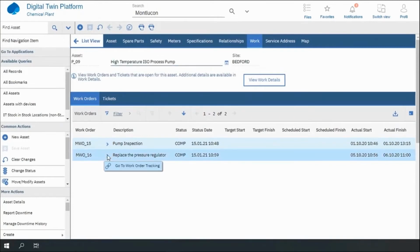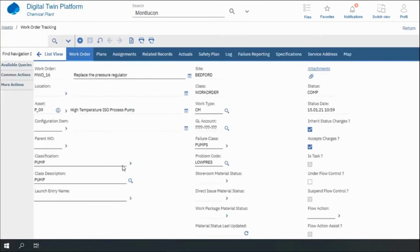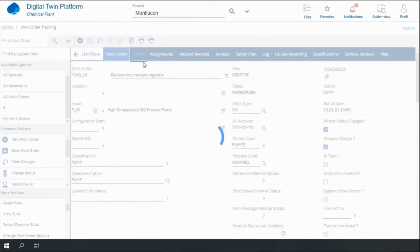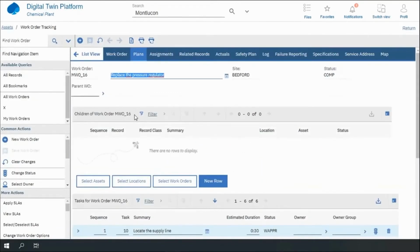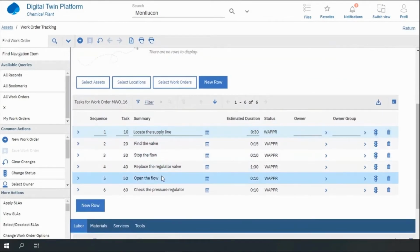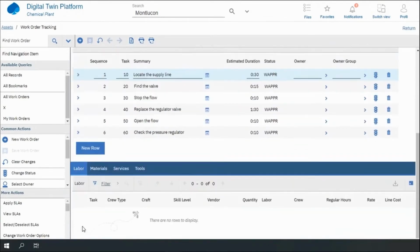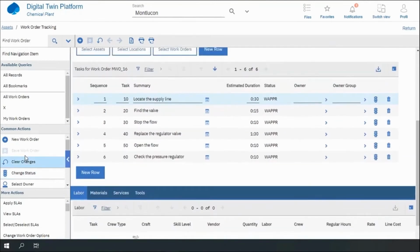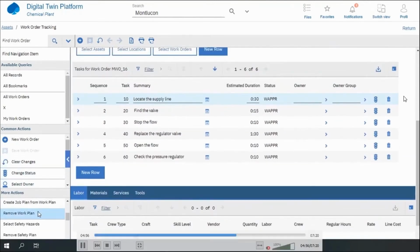So I can see that there was a replace the pressure regulator. I can access that specific work order. I can look at the specific procedure that was done in order to replace this. So I have the step-by-step: look at the supply line, find the valve, stop the flow, replace the regulator, open the flow, etc. And now what I'm going to want to do is copy-paste that work order into my